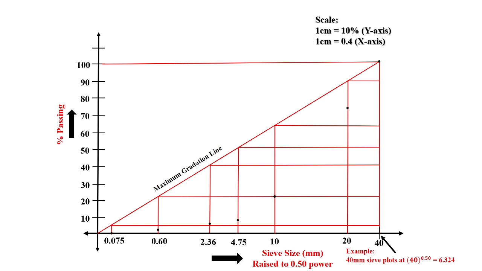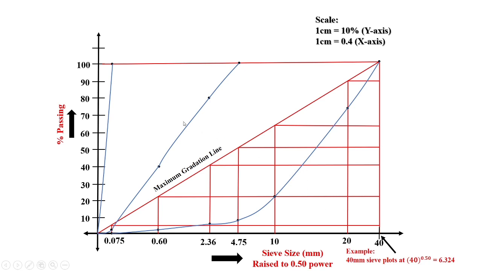So we'll plot all these points, and we'll draw a freehand curve which will be joining all these points. The curve so obtained is called the particle size distribution curve for the material A. Similarly, we'll draw the points for material B, and we'll be joining them to obtain the particle size distribution curve of material B, and similarly it will be done for material C as well. This particular blue line here indicates the particle size curve for material A, B and C.